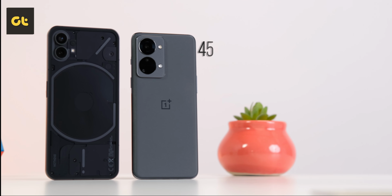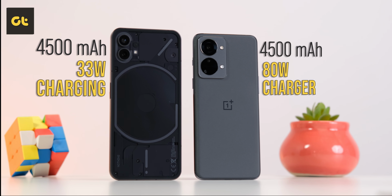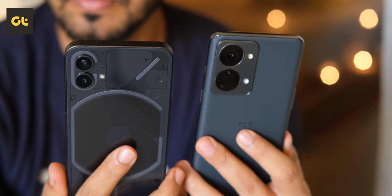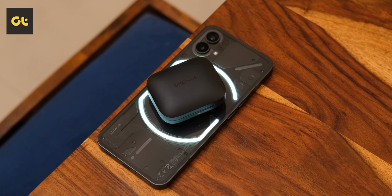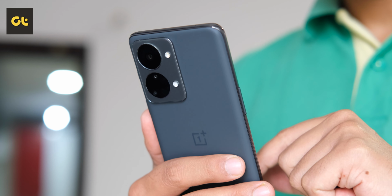Moving on to the battery, both the devices come with the same 4500 mAh battery, and the battery life is also pretty similar, with both the devices offering 6 to 6.5 hours of screen on time with heavy usage, which is pretty good. However, the differences lie in terms of charging. So the Nothing Phone 1 comes with support for 33 watts of fast charging, along with support for wireless charging as well. On the other hand, while the Nord 2T does not have wireless charging, it does offer 80 watts